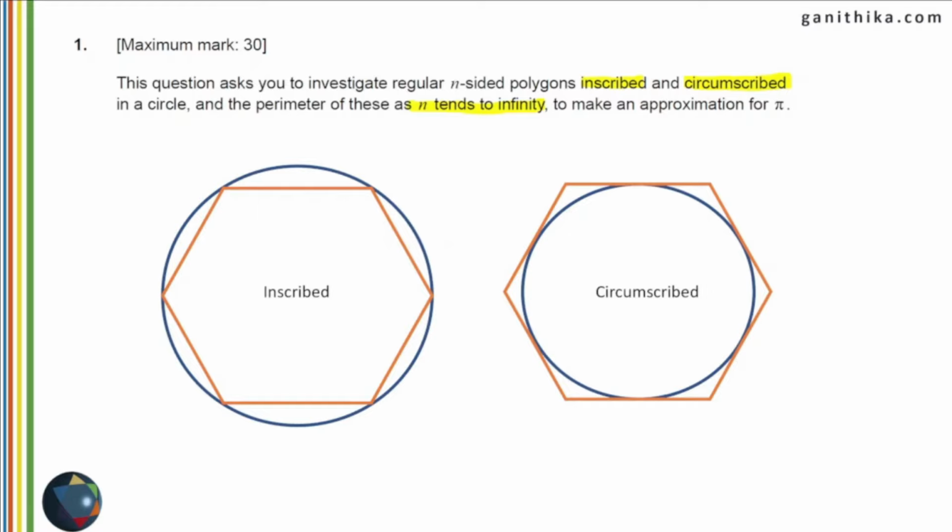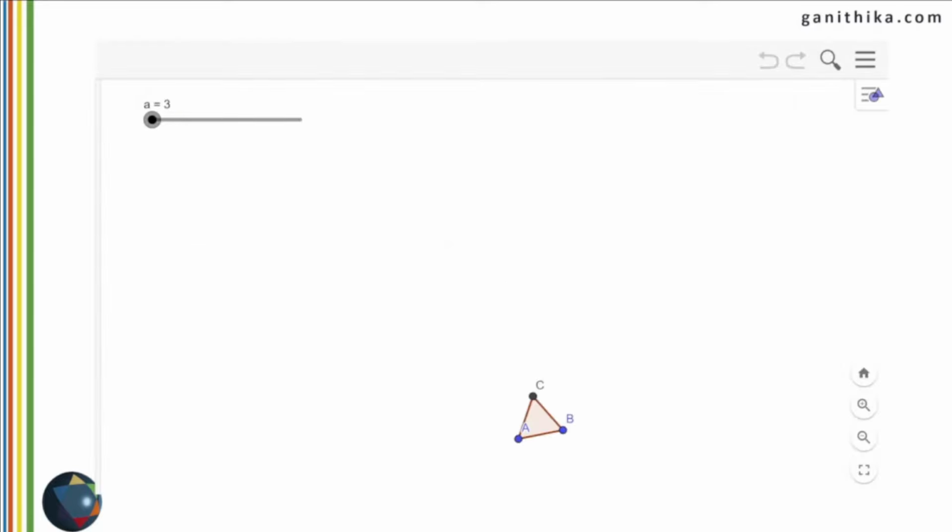Now let's see what happens as n tends to infinity for a polygon. When the number of sides is equal to 3, you get an equilateral triangle. Because we are dealing with regular polygons, we have an equilateral triangle because all the sides of the triangle are equal to each other. Therefore, when n equals 3, we have an equilateral triangle. When n equals 4, we have a square because all the sides are equal and the number of sides is 4. And when n equals 5, we get a regular pentagon. 6 gives you a regular hexagon and so on.